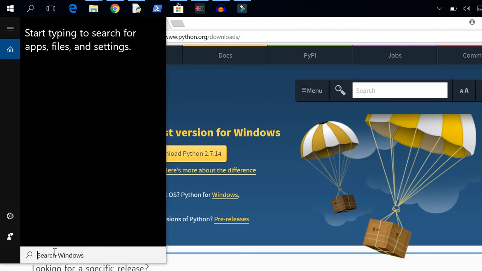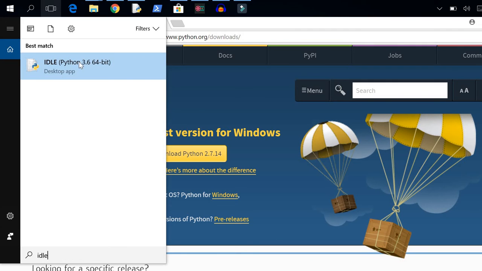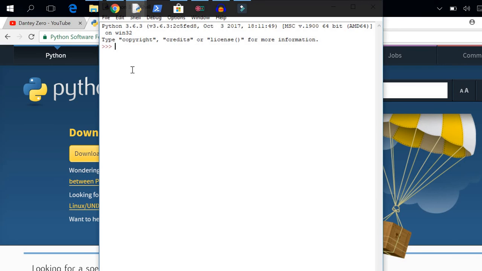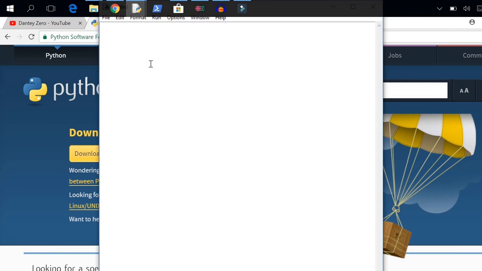then search for IDLE and this will come up, and click on this. It will take time. And press shift plus 5, enter. Okay, and if you need a new file, you can write and print